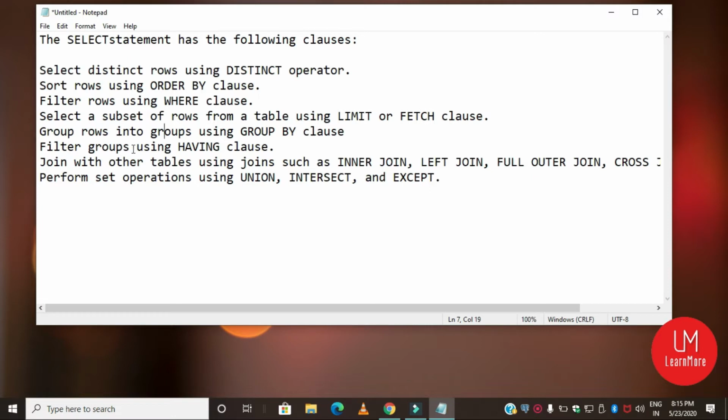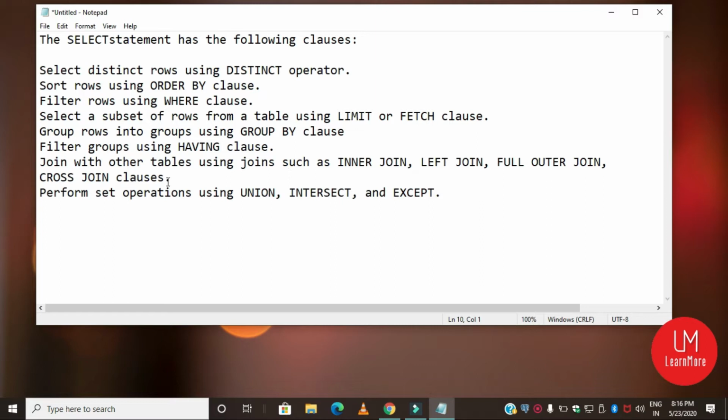Filter groups using the having clause. And we can join with other tables using joins such as inner join, left join, full outer join, cross join clauses, etc. And you can also perform set operations using union, intersect and except clauses.